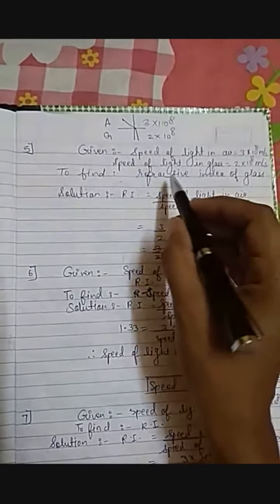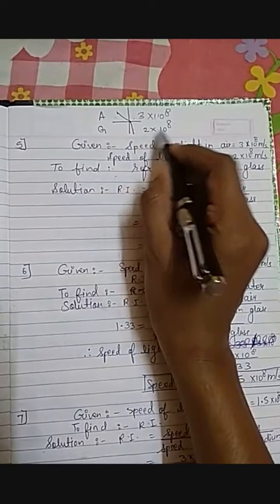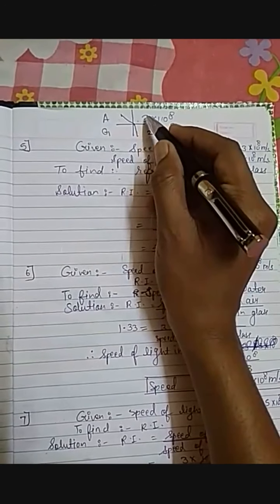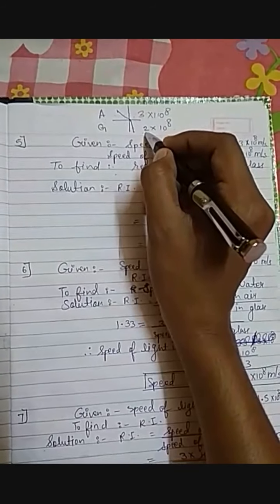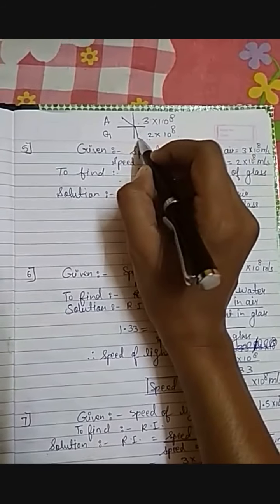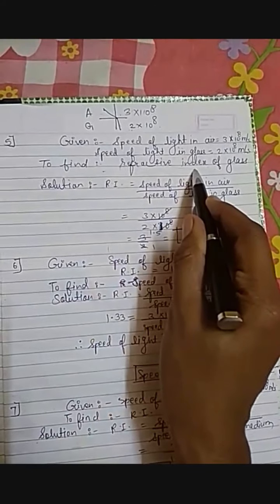यहाँ पे glass medium it is mentioned in the numerical. So it is 2 into 10 raised to 8. So when light goes from air to denser, rarer to denser, that is air to glass, with what amount it has bent, that we have to calculate. इसका मतलब क्या? हमें refractive index calculate करना है.